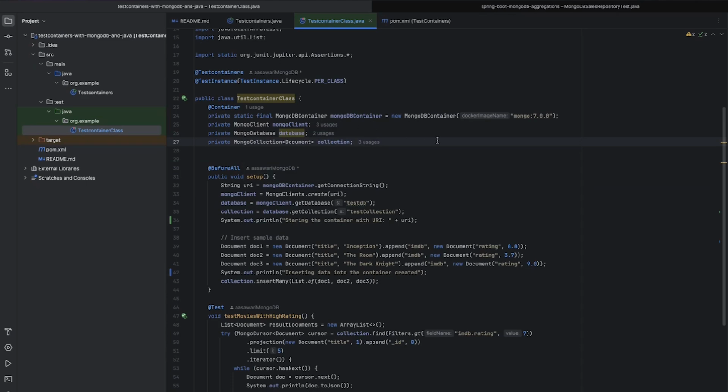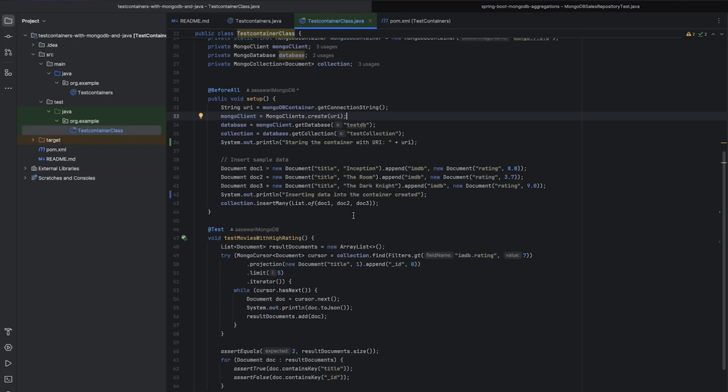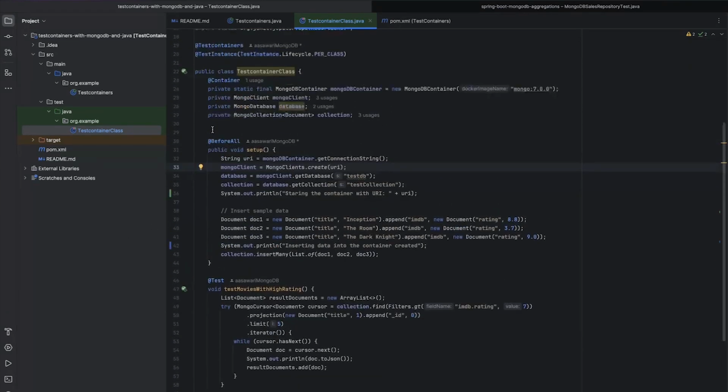You can change these MongoDB images as per your requirement in your application. Once you have set this MongoDB container, it would start the container, assign that URI to the Mongo client, which is on line number 33. So once the URI is assigned, we would see what this URI is and how the ports are getting created. We would load the mock data into this newly created database, that is the testdb.test collection, and then we would simply perform the find operation over it. So let's run this and understand how this works.